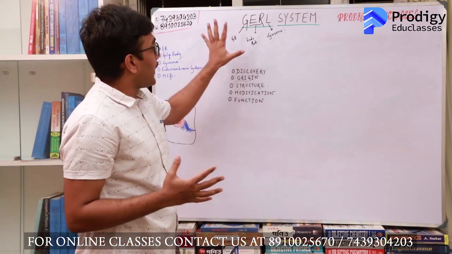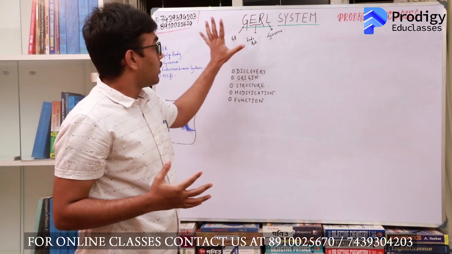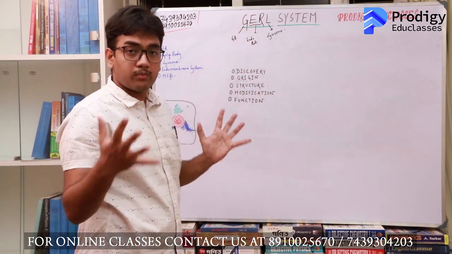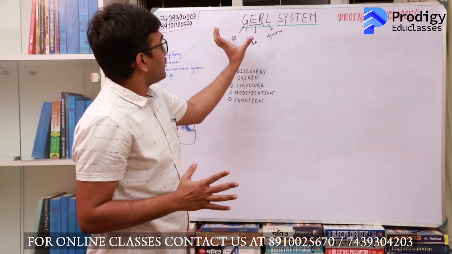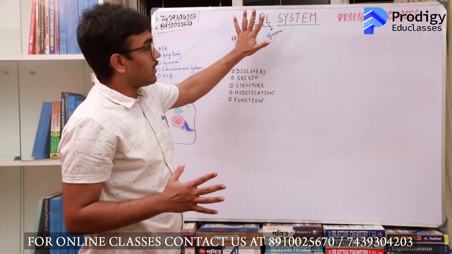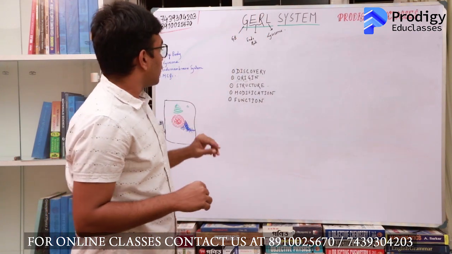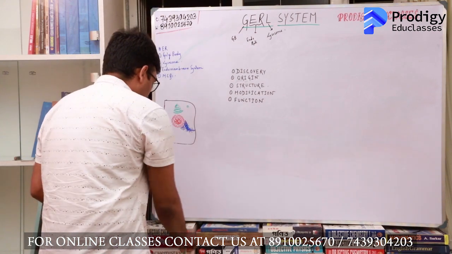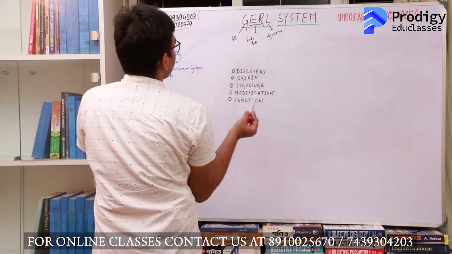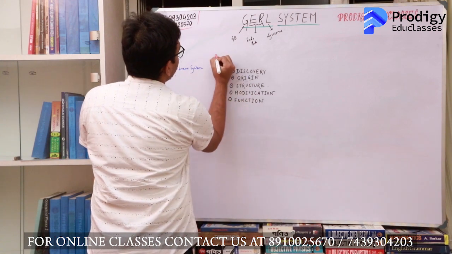Now the question is, why put them together in a system? What are the characteristics which bring them together? And if they are similar, then why regard them as separate organelles? So to begin with, we'll start with endoplasmic reticulum and we'll discuss each of the organelles under these 5 headings.